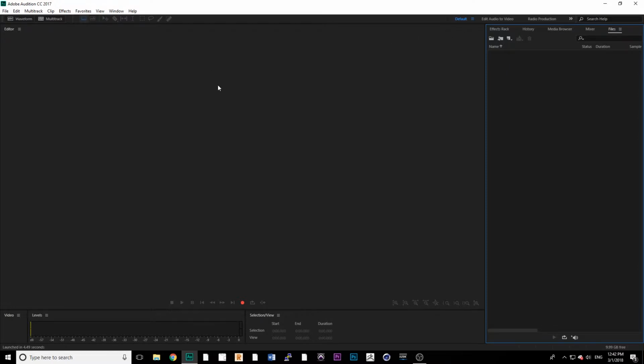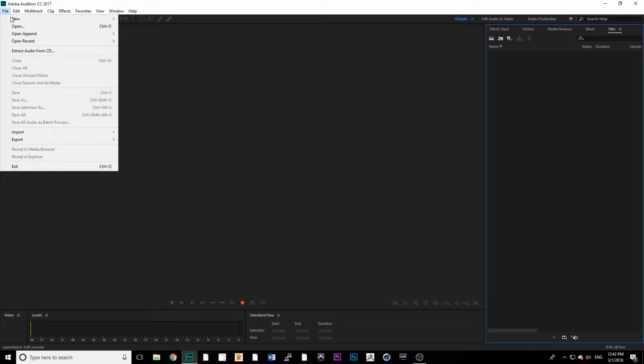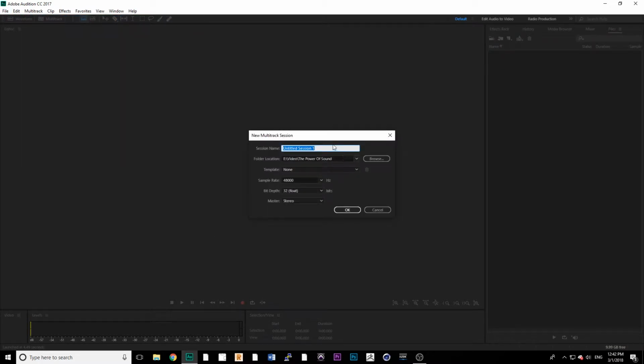Okay, so now we're going to talk about waveform versus multitrack. Waveform versus multitrack is going to be everything that you're going to deal with in your editing layout, okay? So what I'm going to do is go to File, New, and create a new multitrack session. We're going to call this Example Session